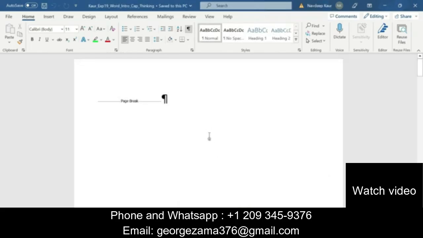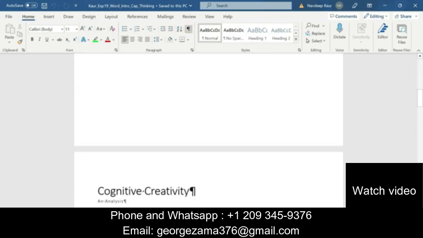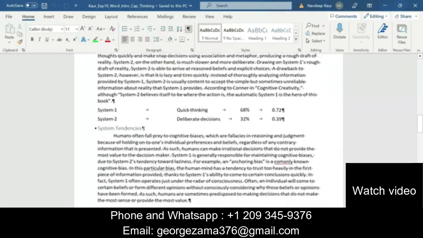So we will go to our solution file. You can click on the Home tab and then the non-printing characters button to turn it on, this one. So this is non-printing characters. We have already turned it on. So this is our